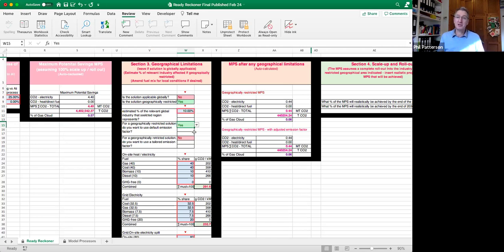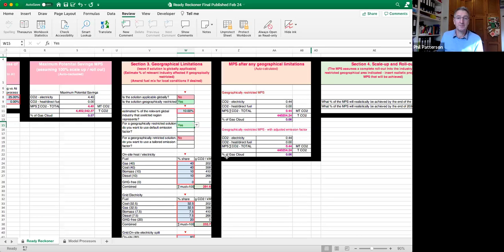And we'd expect applicants to have that information to hand when they put forward a geographically restricted proposal. The other thing to mention is that if somebody puts forward an initially geographically restricted proposal, but with an intention to be global eventually, you should use the default emissions factors, because it would only be relevant for the first phase of the project. Later on, if you then put it into other countries, the globally applicable emissions factors are